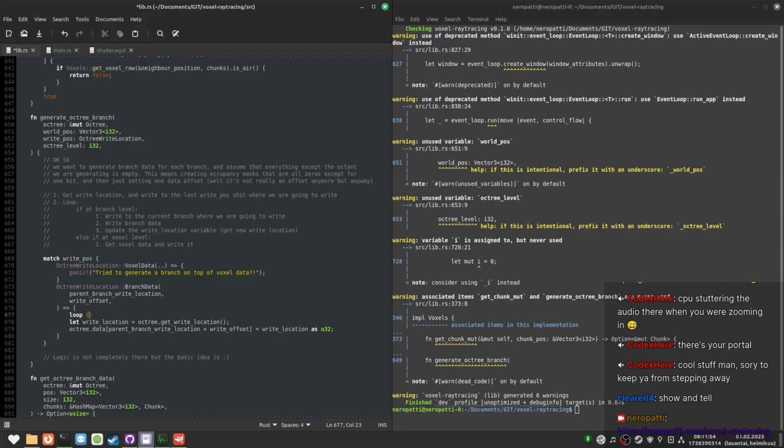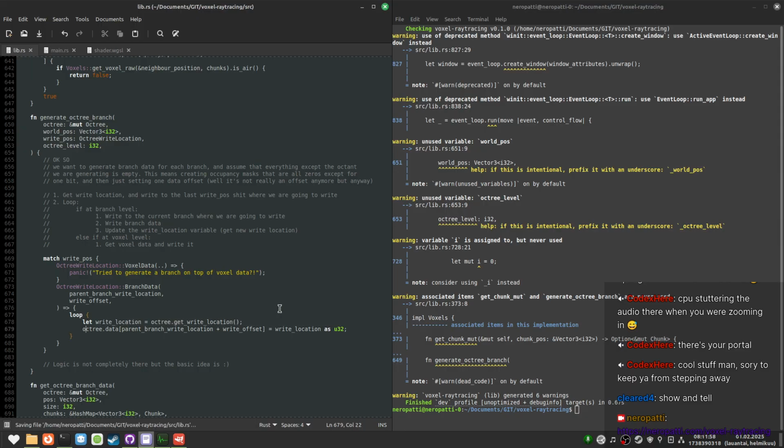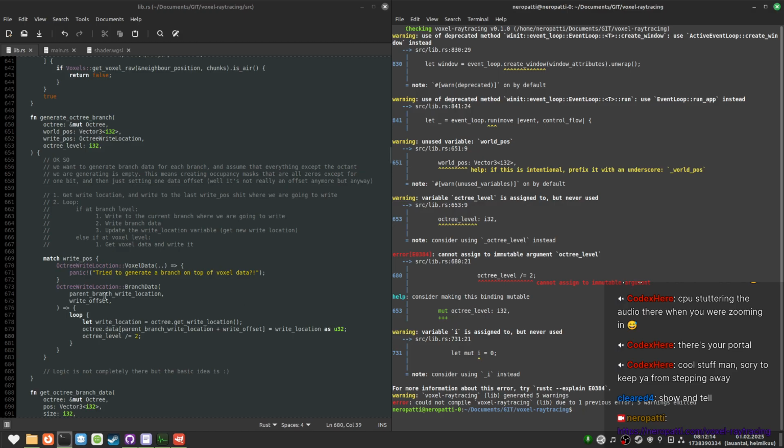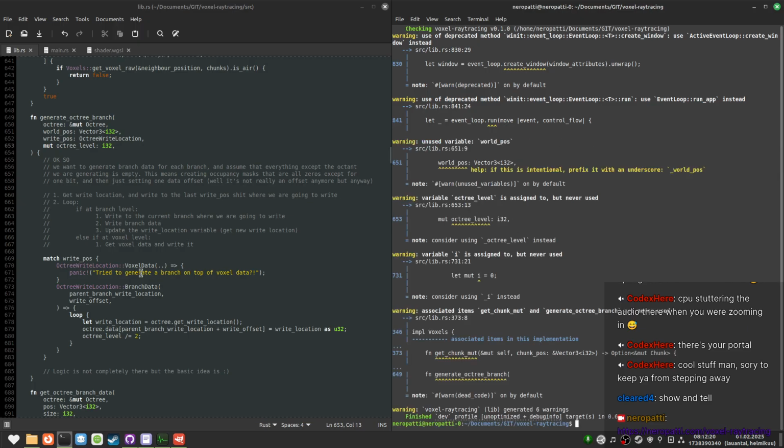So we're going to make this a loop. We want to divide the octree level. Oh yeah, it has to be mutable.